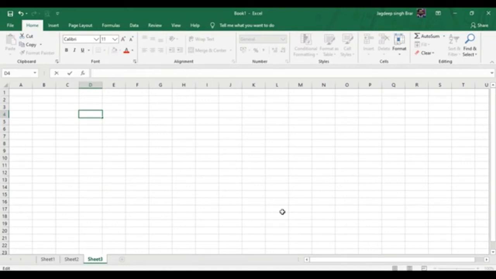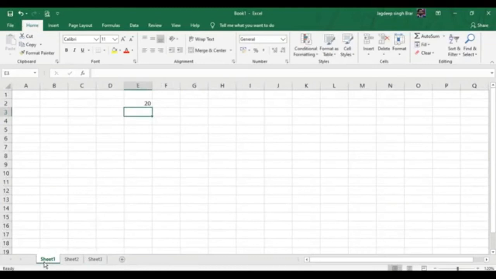As you type, the data appears in the formula bar and in the active cell at the same time. The formula bar is located just below the ribbon and displays the data or the formula stored in the active cell. It can be used to enter or edit the data or formula in a cell.